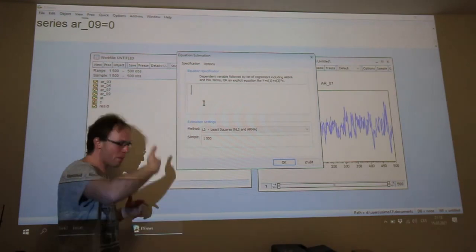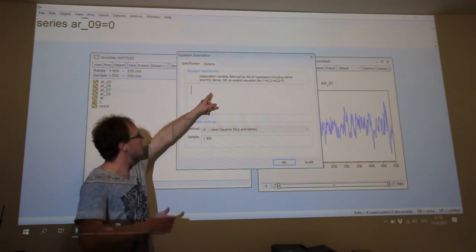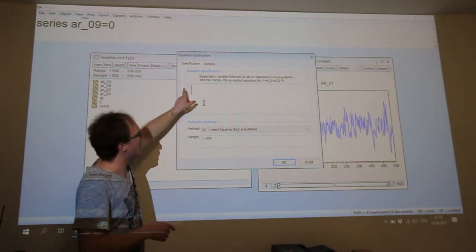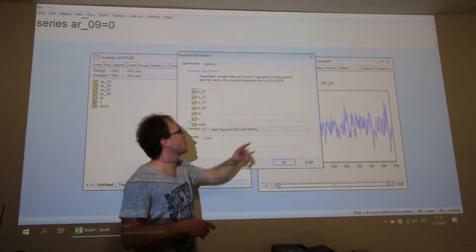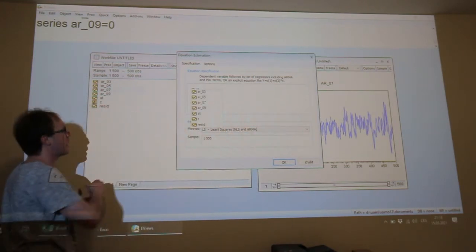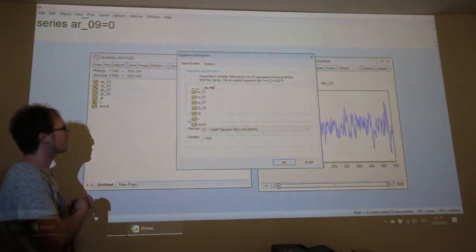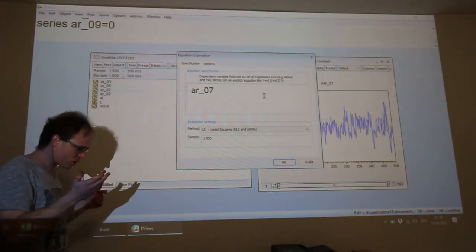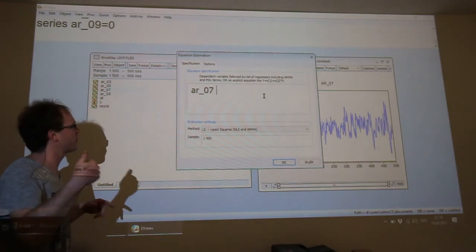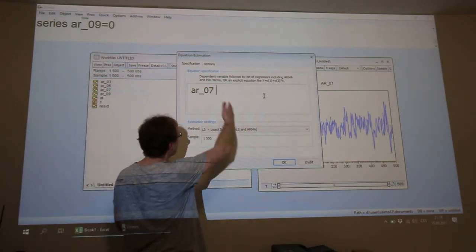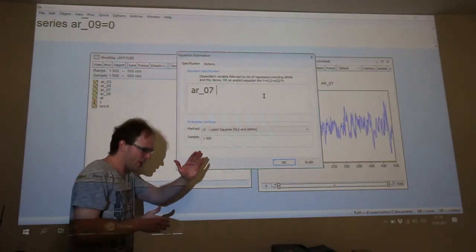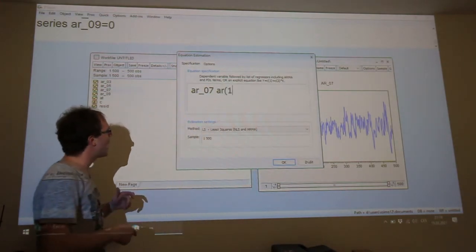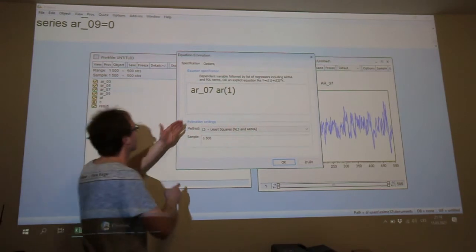So our dependent variable, yes, which is followed by a list of regressors, will be our autoregressive process, so AR07, yes, space. And you know that we use only one parameter phi. In eViews software, we will write AR and in parentheses value 1. AR in parentheses value 1, okay.